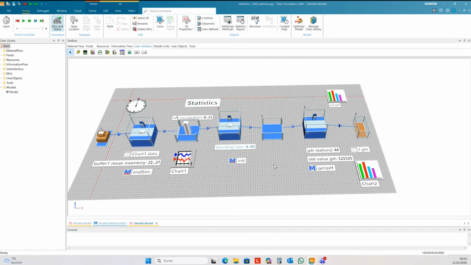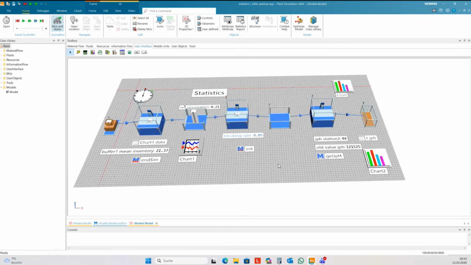I will offer some more webinars to show some statistical elements outside of the standard statistics of Plant Simulation, for instance, a Gantt chart based on a table, or a Gantt chart with Python. These are also webinars that I will offer this year.